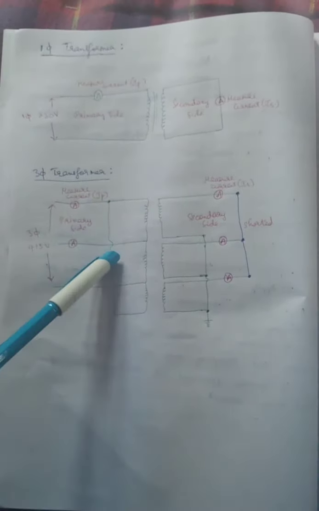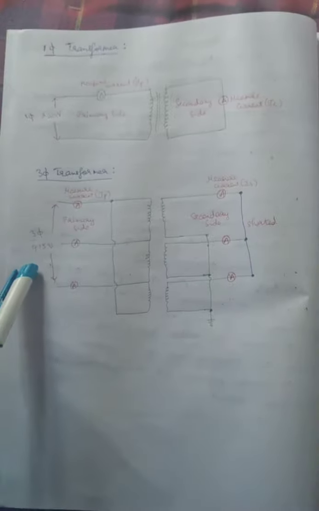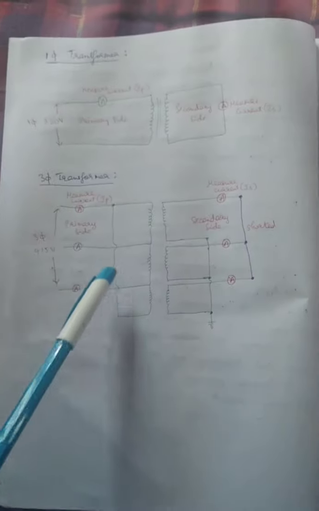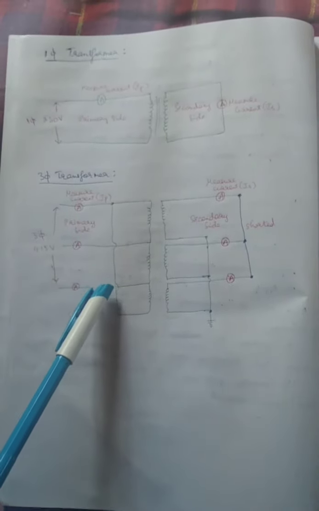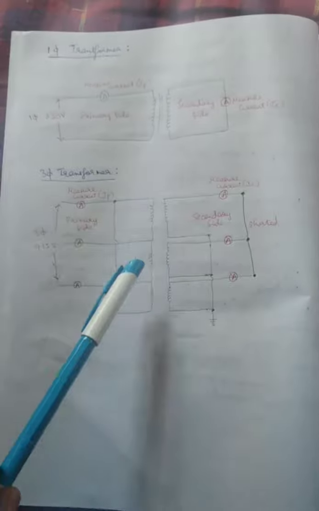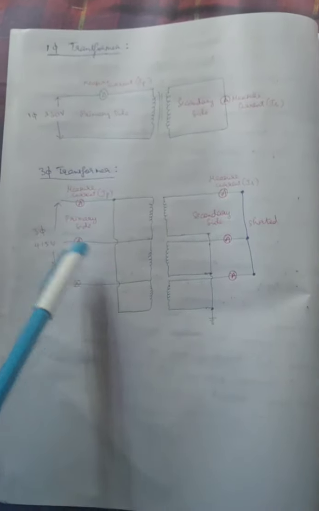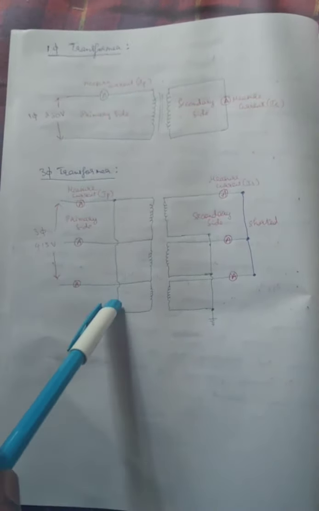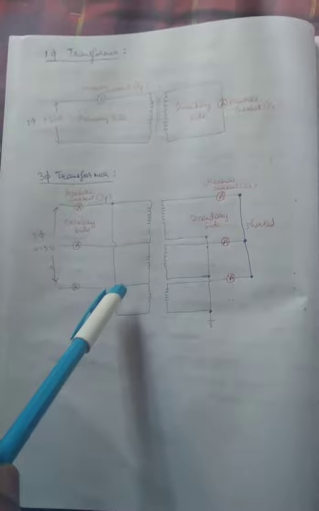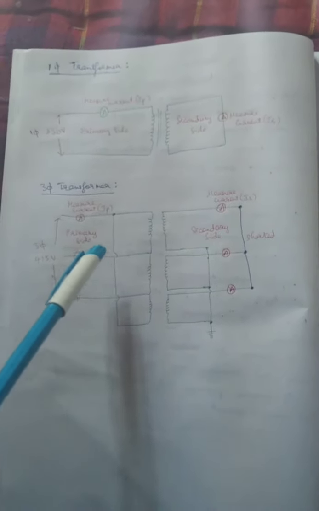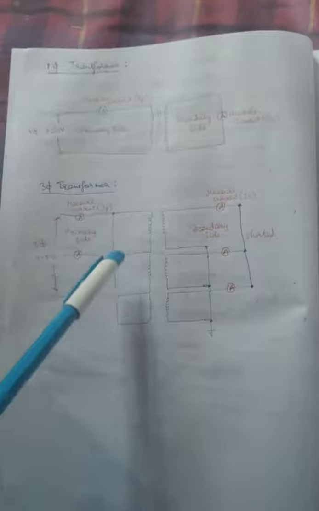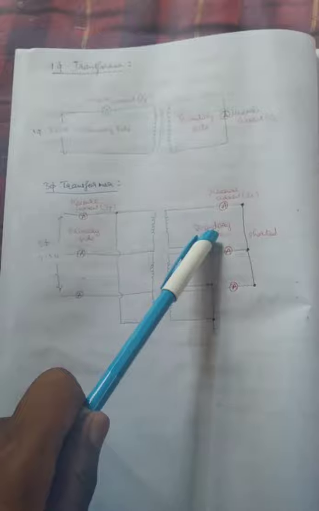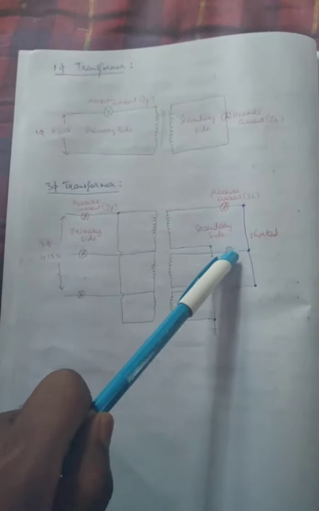Then for a 3-phase transformer, similarly, we need to inject a 3-phase voltage on the R, Y, B of your transformer. Here, for example, I have taken a delta-star transformer. It may be whatever transformer it may be. We need to inject on the primary side, and for each tap we need to calculate the short circuit current, and also practically measure the short circuit current for the taps which the customer requires. Then on the secondary side we need to short it.